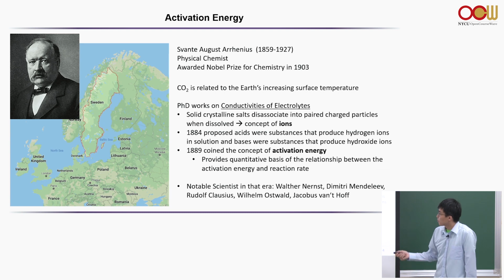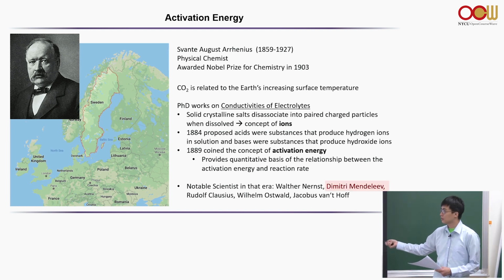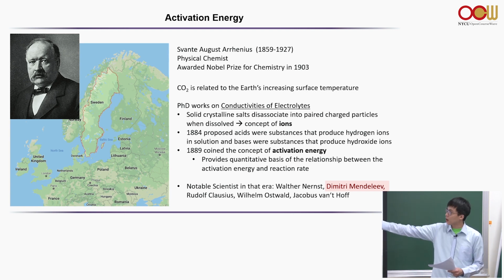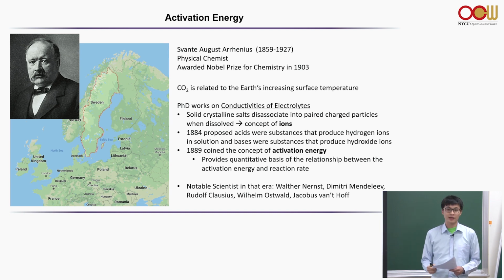There are several people I want to mention. Does any of you recognize any of these names? You should recognize Mendeleev, right? He created the periodic table, and this past year was the periodic table year. Do you remember the Russian chemist? He put all these elements in order back in the day, when there were only 56 elements, and predicted that we could make some of the elements further down. He was a 1906 Nobel Prize winner for chemistry.